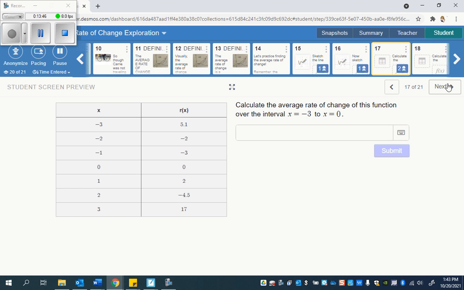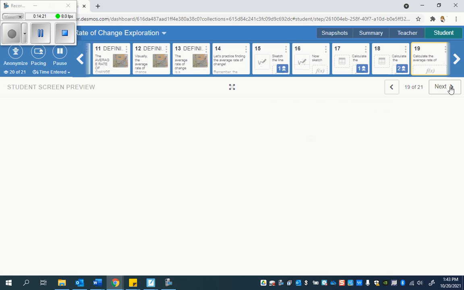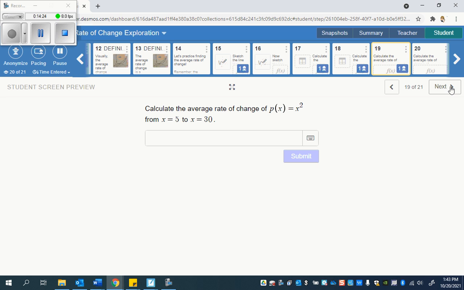Calculate the average rate of change of this function over the interval of x is equal to -3 to x is equal to 0. So let's see if I can do this one. 5.1 minus 0, right? Divide by 3, -3. From -2, I input a -2 to 2. So we can have a -2.5 over -2, right? Calculating that and adding that in. Putting those inputs in